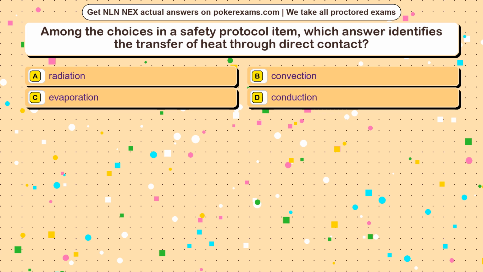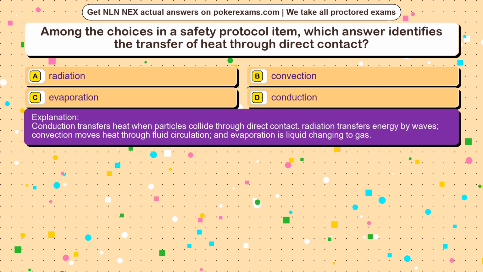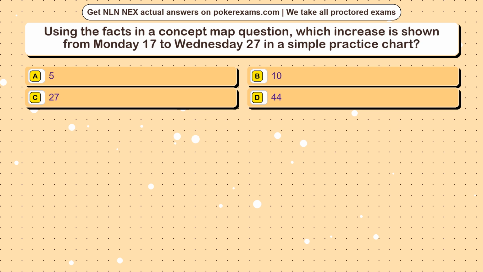The correct answer is option. Conduction transfers heat when particles collide through direct contact. Radiation transfers energy by waves. Convection moves heat through fluid circulation, and evaporation is liquid changing to gas. Question 16. Using the facts in a concept map question, which increase is shown from Monday 17 to Wednesday 27